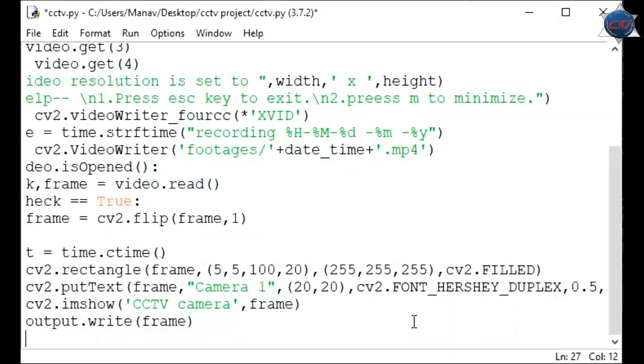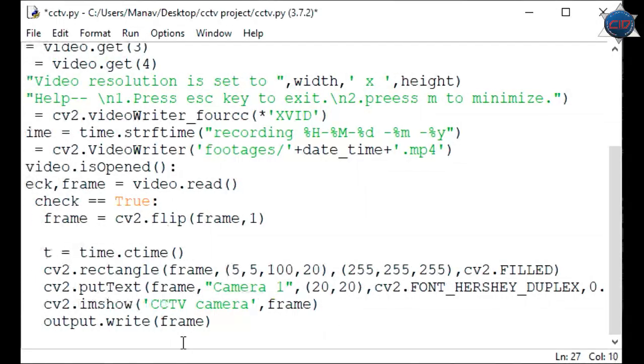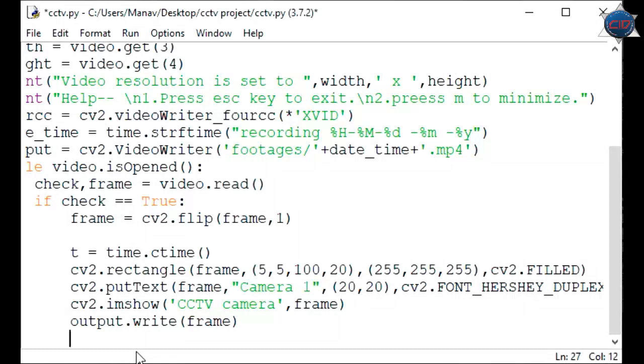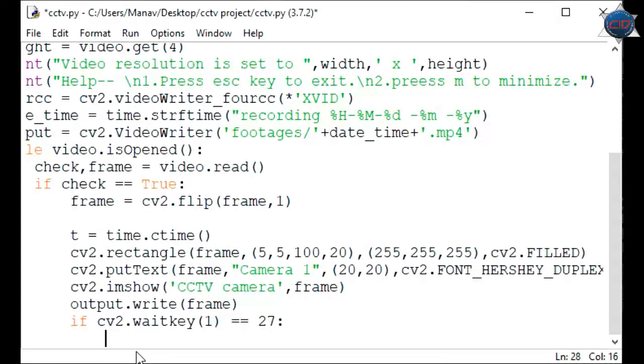Now time to set the blocks for closing our while loop. So I'll pass here if cv2.waitKey(1) equals 27, that is the escape key, the ord of the escape key, and now it will print something like video footage saved in current directory.